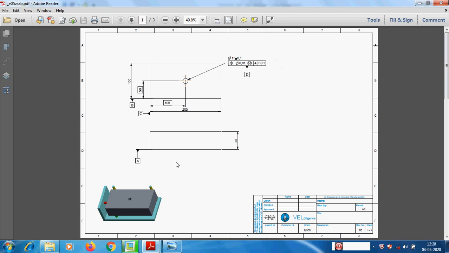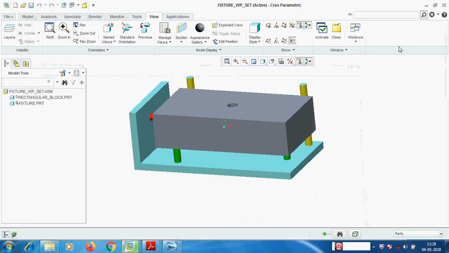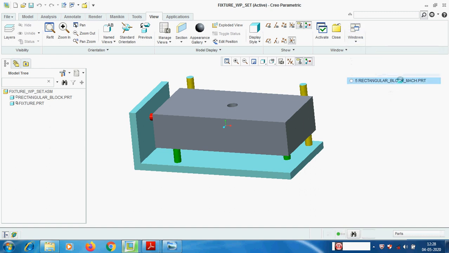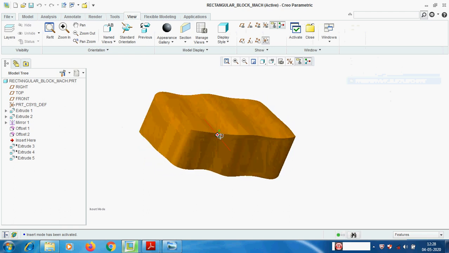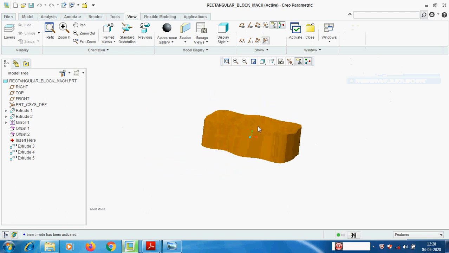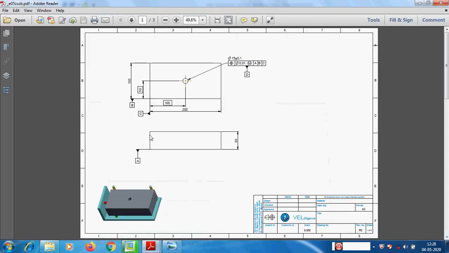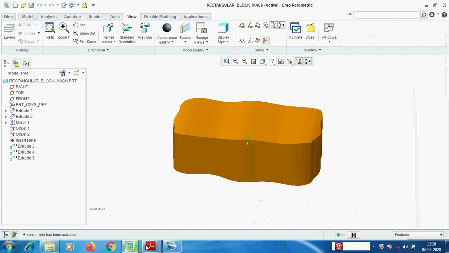How we are establishing A, B, C, we will see by imagining one irregular piece. I have created one irregular surface piece. Imagine this piece is ordered from a shop, purchased from a shop. Now how are we going to machine this block into the required one like this? This is our final output. We have to make this block based on this drawing.